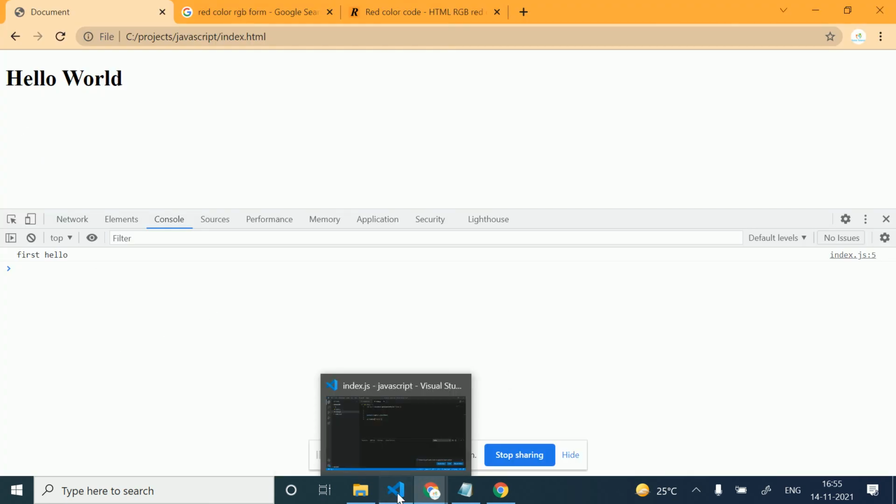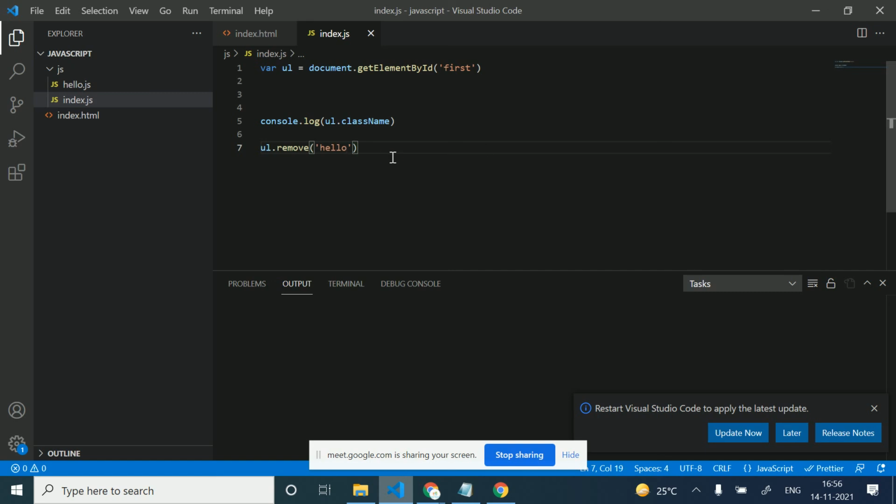We are getting hello first, the class is not removed, and this is not working. So there is another property here, classList. I'm going to console log the list of that.